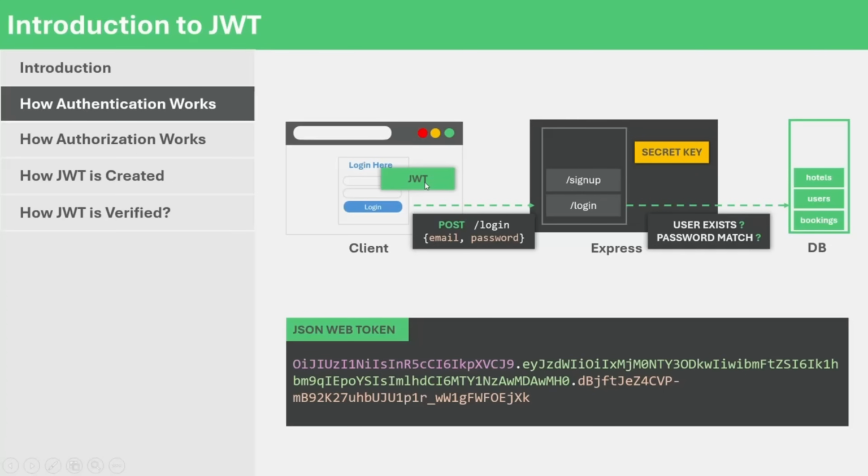The client has to store this JSON Web Token somewhere, either in the cookies or local storage. And as I mentioned, this token will act as an identity proof of the user. And now, whenever the user tries to access a protected route with the request, this token will also be sent in the request header to validate the user. And if the user is an authenticated user, he will get access to the protected route, otherwise his access will be denied. So remember that after login, now whenever this client is going to make a request to the Express application on the server,